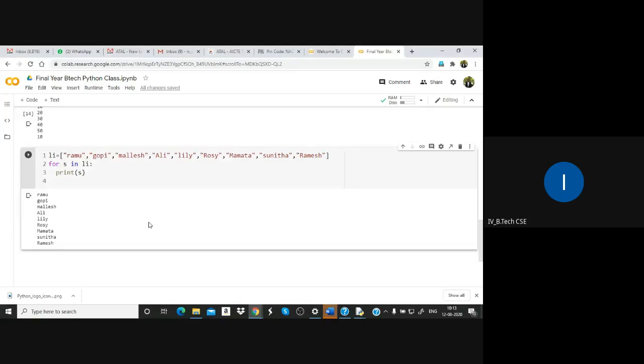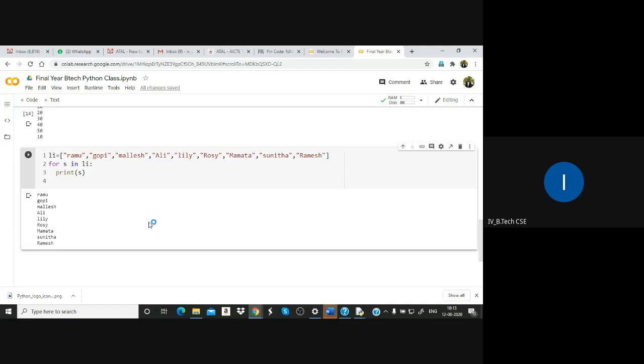So for S in li, print S, it will gradually print one by one and display all the things. For S in list name, S is any variable name you can give, and in the name of the list.